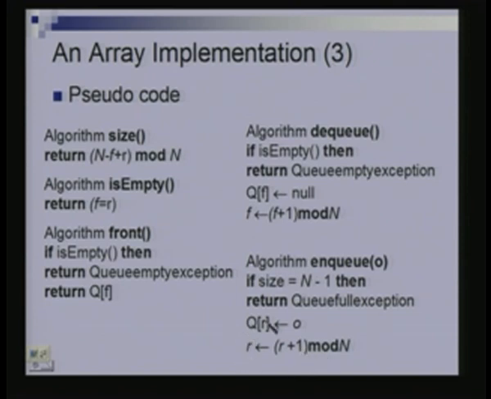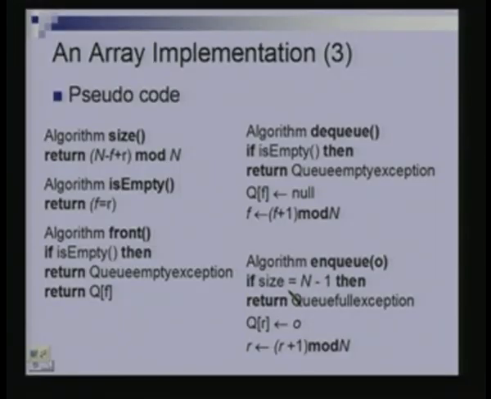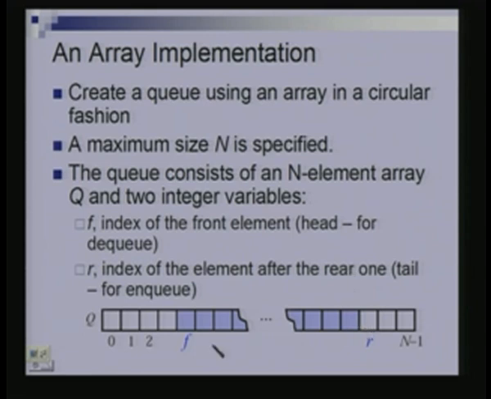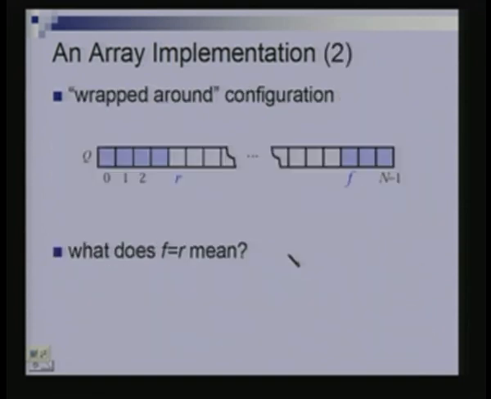Sir, is size a method or a variable? Size is a method, so this should have been size bracket. Yes, thank you. Size is a method. Now, what does the method size do? It returns this value. Why this value? Why should I not have written just R minus F? When it is circular, R minus F is negative in this setting. But in this setting, R minus F tells me exactly the number of elements in the queue. So R minus F is the correct thing, except that it might be negative. So how many elements are here now in this queue? n minus R minus